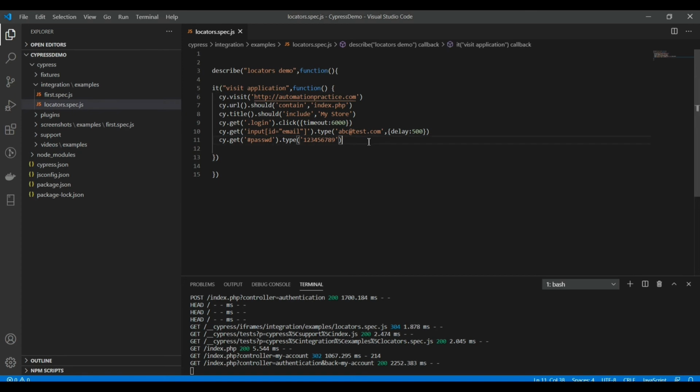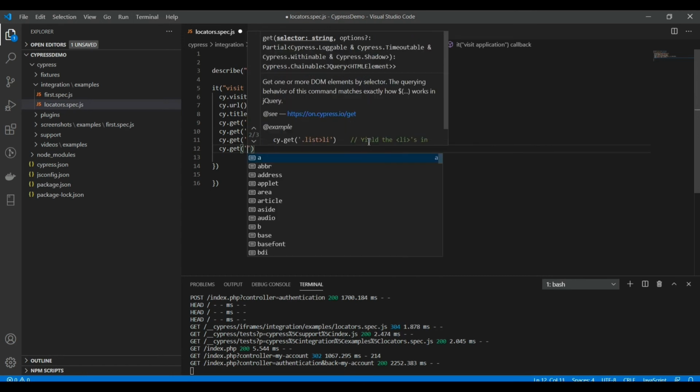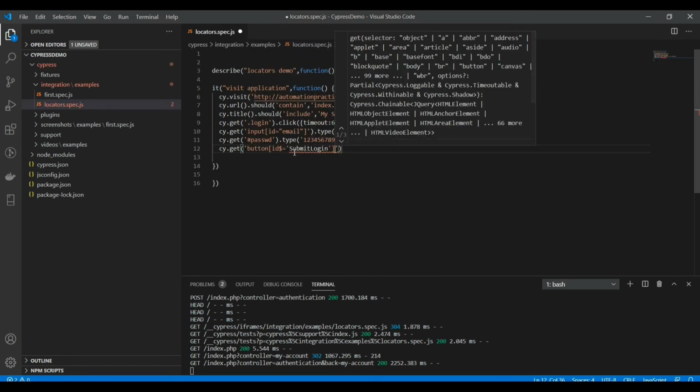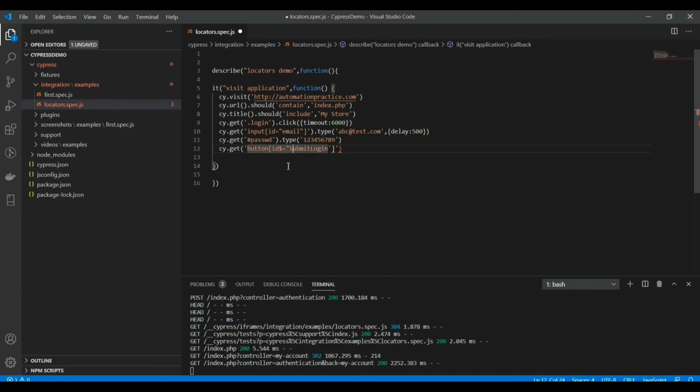So I'll click on cy.get and then the value. Okay, change the single quotes to double quotes, and then the click function because we want to click on it. So dot click.